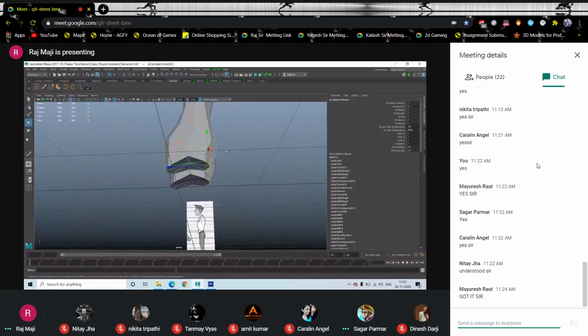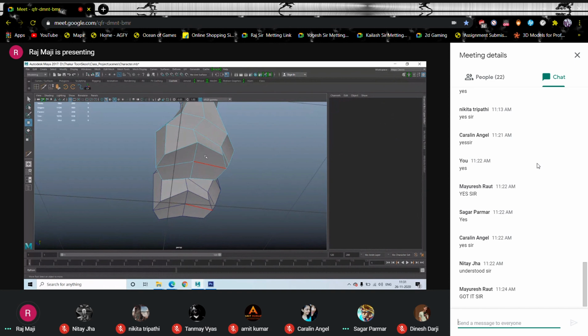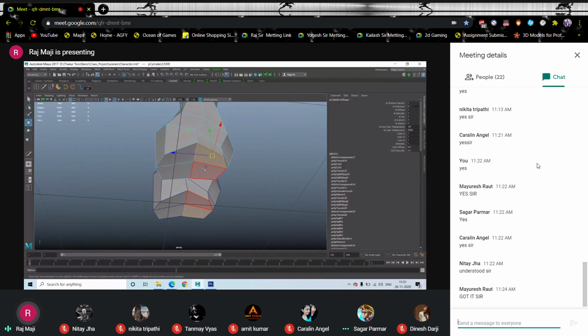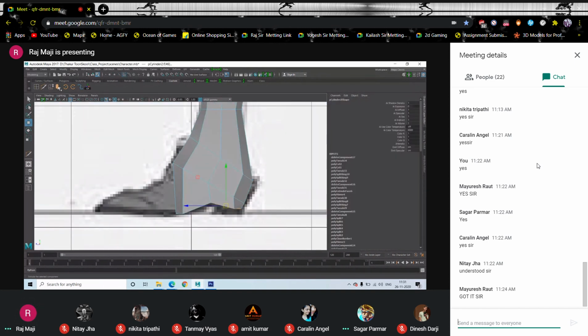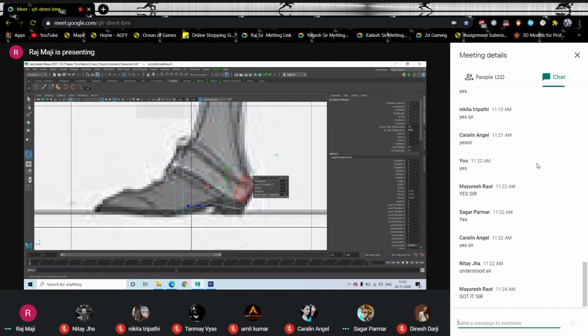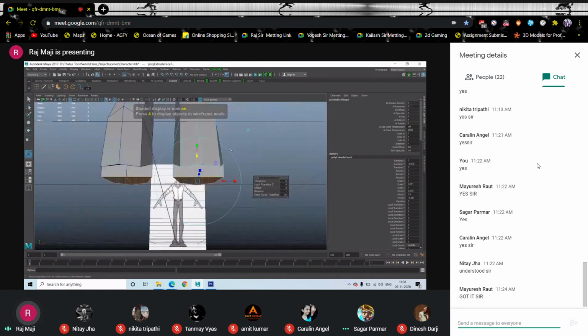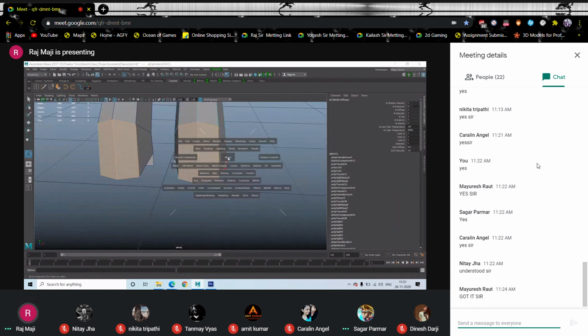Yes. And what I'm going to do, just deleting these. Okay. Selecting these two, extrude, extrude downward. So this is created, right? This portion is created. Now selecting these two